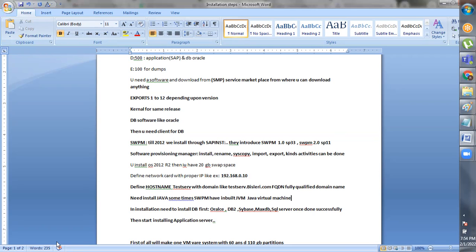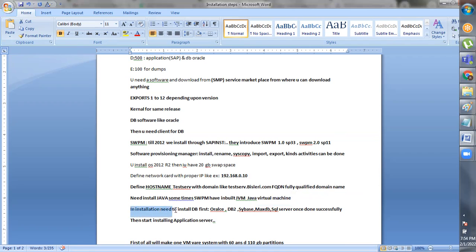We require Java because when you install the database, it shows a GUI screen, from which you can select and deselect options with the mouse. That is because Java is enabled in your system. If you don't install Java, it will still install Oracle, but you cannot see or select anything, and it may end up in errors many times because you miss some options. So this is why we use SWPM only. Nowadays we have the inbuilt virtual machine, and we get a GUI screen to do the Oracle installation.